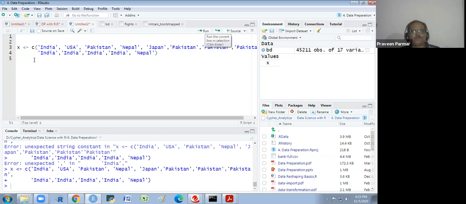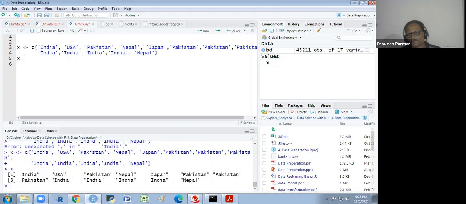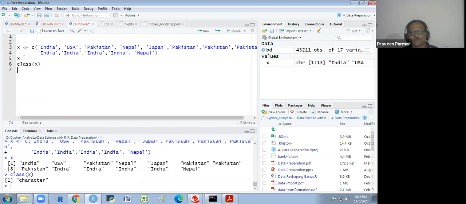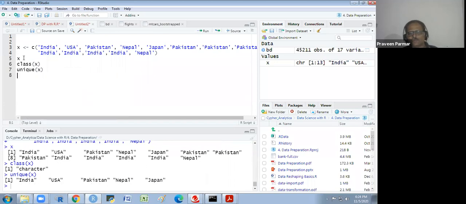It's okay. And I will show you X. Are you getting this? X, and I see the class of this. Correct. I see the unique values in this. These are the unique values: India, USA, Pakistan, Nepal, and Japan.